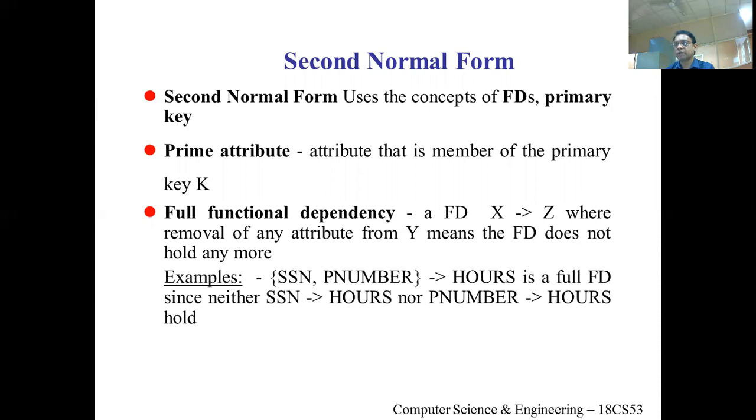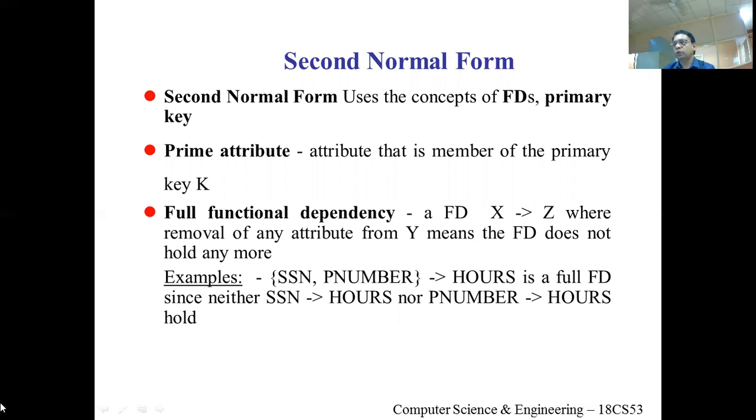First, we take the relation and check for first normal form. If there are no multi-valued attributes or nested relations within the relation, then we go and check for the second normal form. If the relation passes the second normal form, then we check for third normal form, and then we check the relation for Boyce-Codd normal form. If the relation passes all four normal forms, that is BCNF, third normal form, second normal form, and first normal form, we move on to check for the fourth normal form and then the fifth normal form. So the designer can be happy and conclude that the relation is in good condition if it passes third normal form and Boyce-Codd normal form.